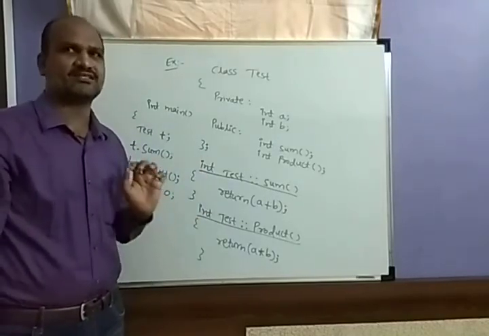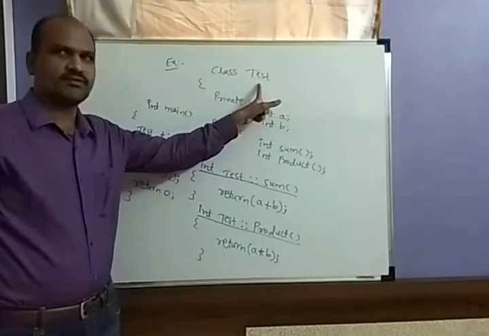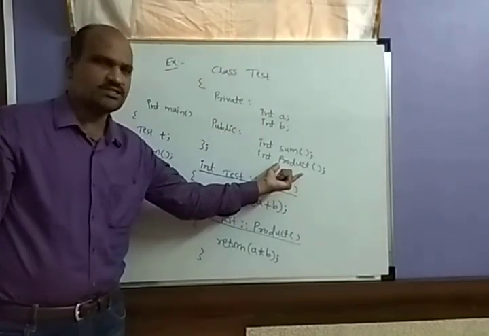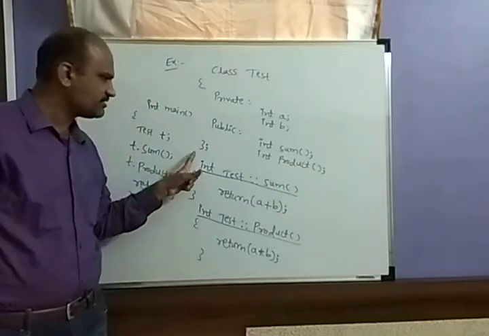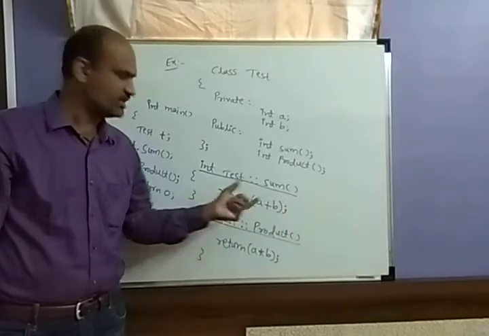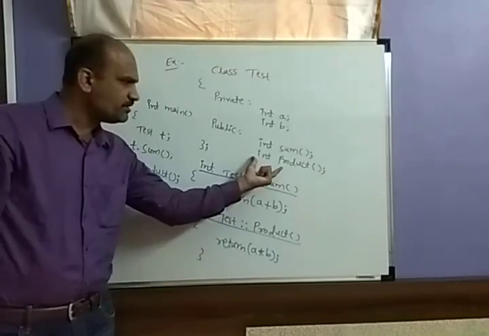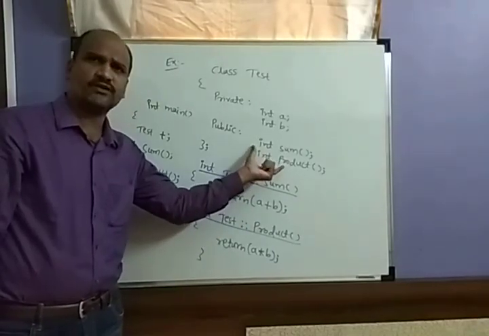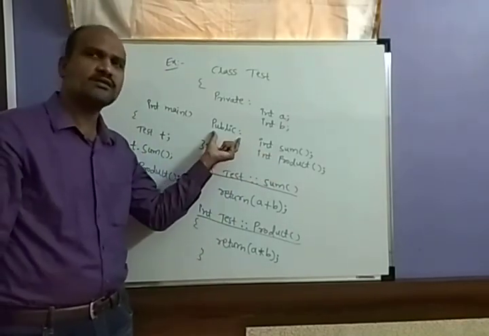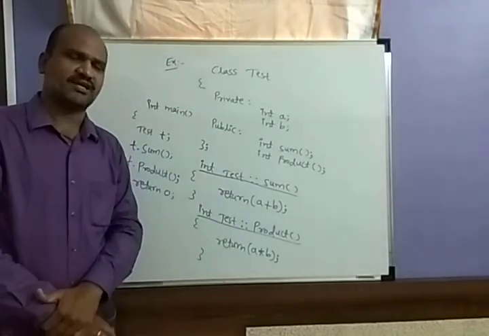So this is a simple way of accessing the members outside the class definition. The class has the keyword class, the name of the class, private, and public. In the public section we define the functions. These two will be defined outside the class using the syntax: return type, class name, scope resolution operator, and the member function name. Whatever body you want to write, you write in the function body. However many functions you define in the public section, all the functions can be defined outside the class. In the next class we will discuss more about the class definition. Thank you.